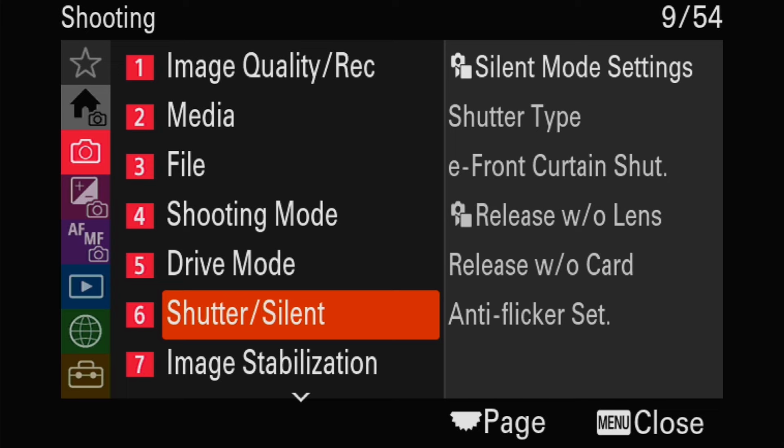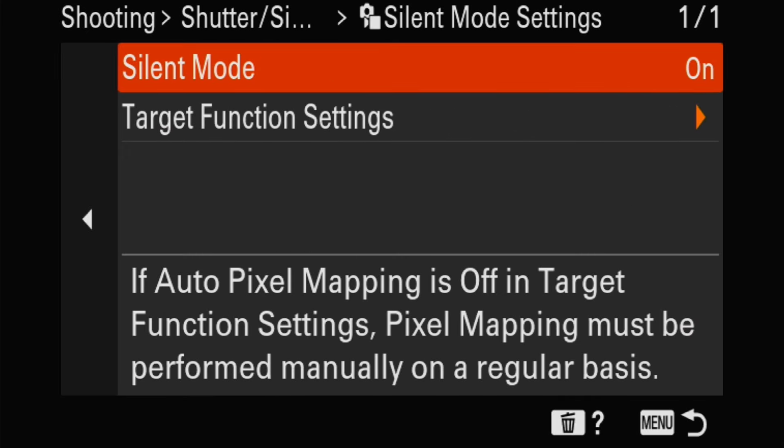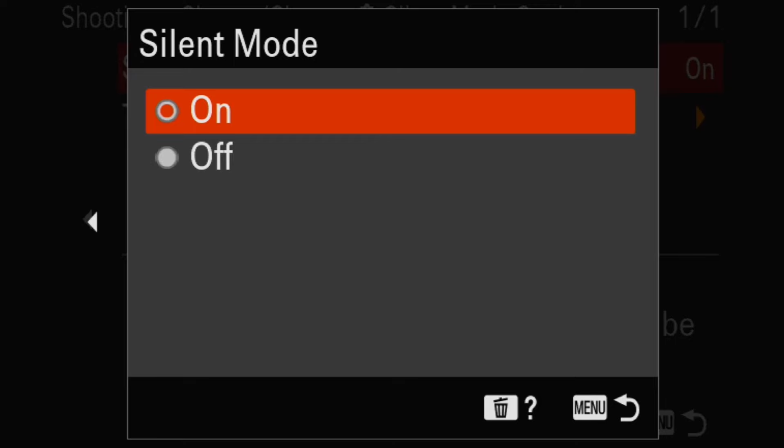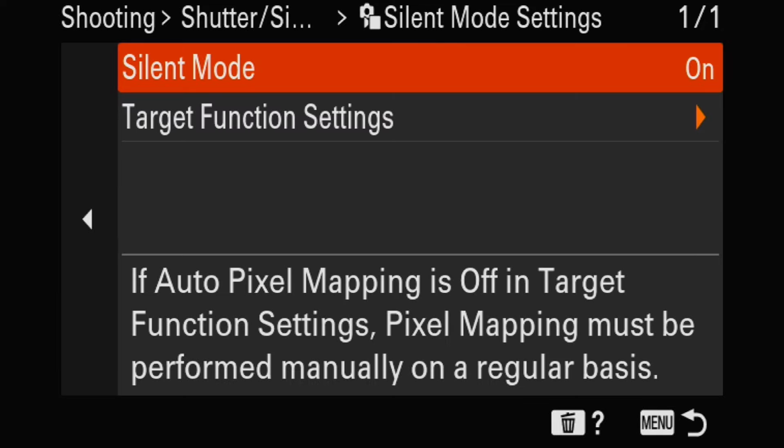Then we move down to silent mode settings. We turn silent mode on. It can be either on or off. Turning it on means the camera will use the electronic shutter and not the mechanical one. That produces less wear and tear on the camera over time, and it also doesn't disturb the wildlife. There are times, though, when you do need to use the mechanical shutter, and we will use it in our action and flight modifications. The electronic shutter produces some artifacts that can be disturbing to some people. When you're panning, it will slant the background, and it can distort the wings, rapidly moving wings of birds and